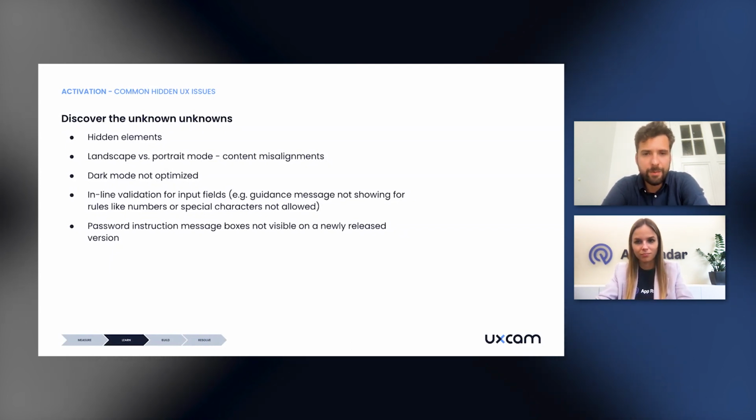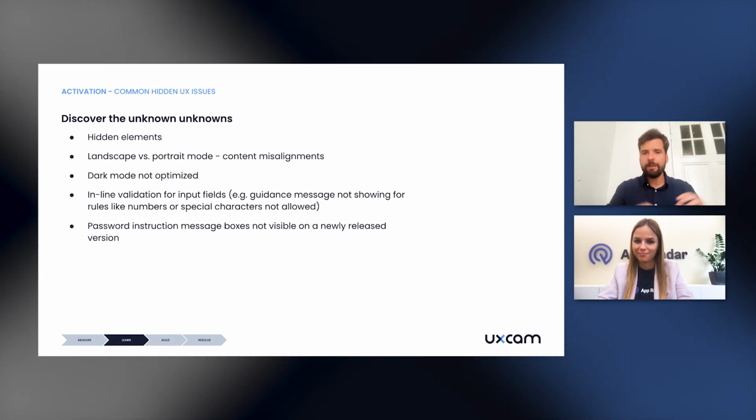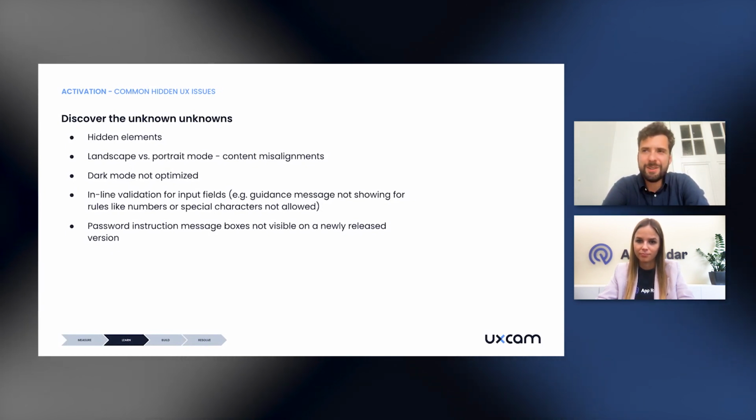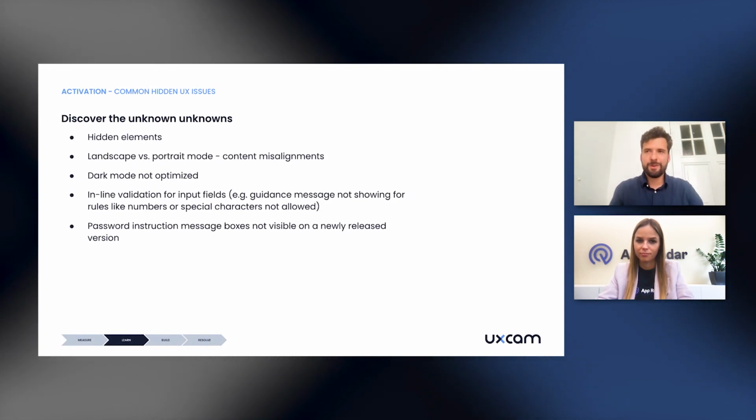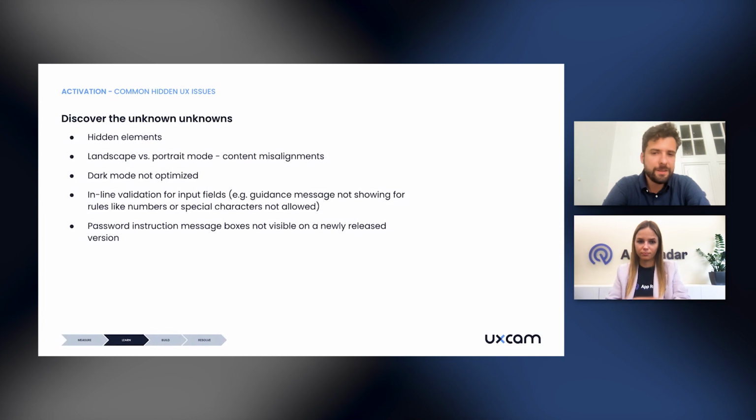So just to give a few examples, what can drive these? For instance, hidden elements that users cannot see, but they're supposed to see. What also often happens is there are optimization problems between landscape and portrait mode. So the cool thing is, again, in UXCam, you can view both in landscape and portrait mode. And then, of course, the dark mode optimization issue that can also often happen. Maybe you forgot about dark mode users and they cannot read something on the screen, which can lead them in dropping off. And of course, it's also very common to have issues with input fields and validations like email and